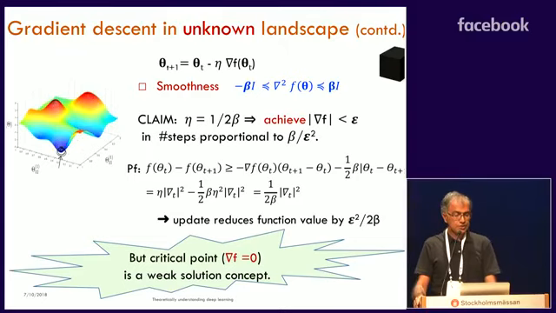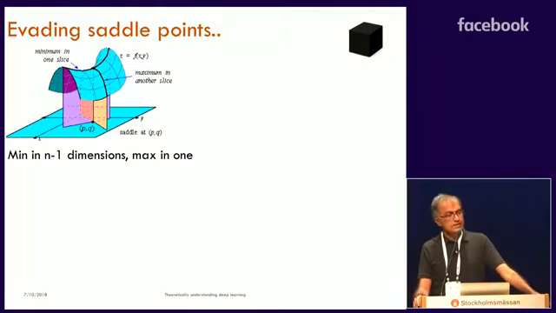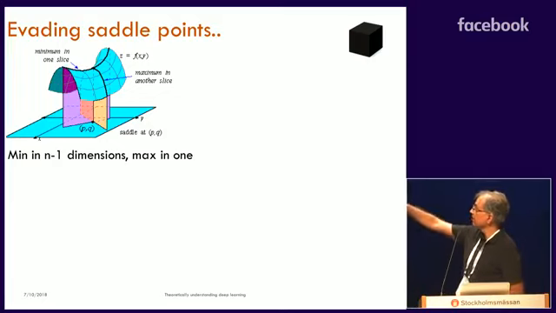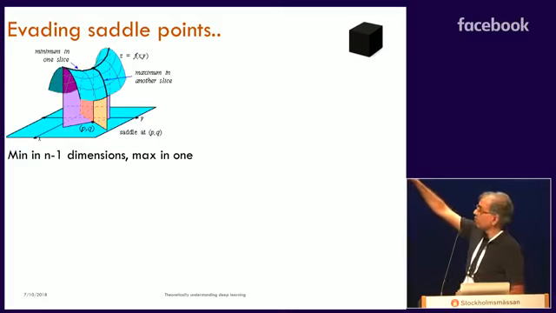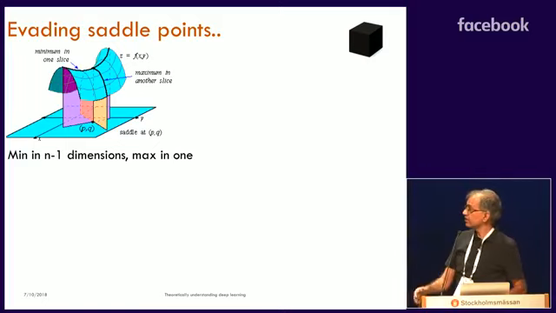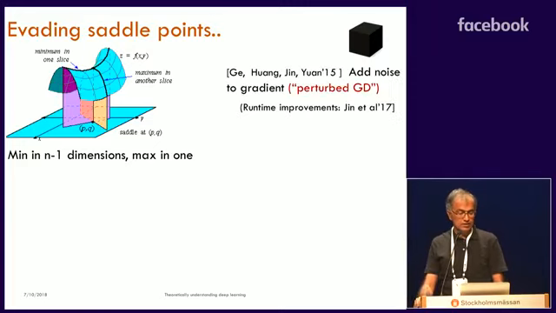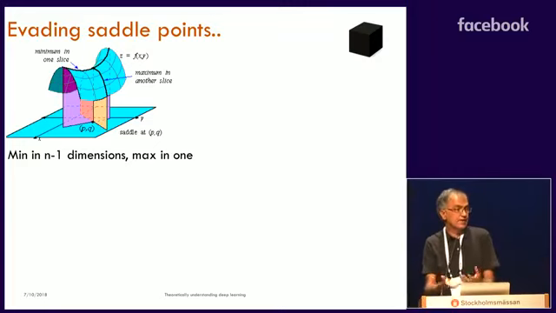But that's actually a weak solution concept. And the reason is that high-dimensional geometry is more complex. You can have things like saddle points, where the derivative is 0, but it's actually not a minimum in any sense. So for example, you could have, as the name suggests, this saddle shape, where you have a point where it's a minimum in n minus 1 dimensions and a maximum in the other. So that's a saddle point. You're not really at a minimum. There is actually a direction where you can improve the function a little bit. But it's very hard to find that in d dimensions.